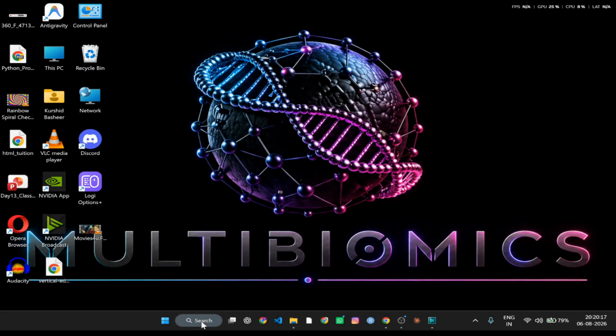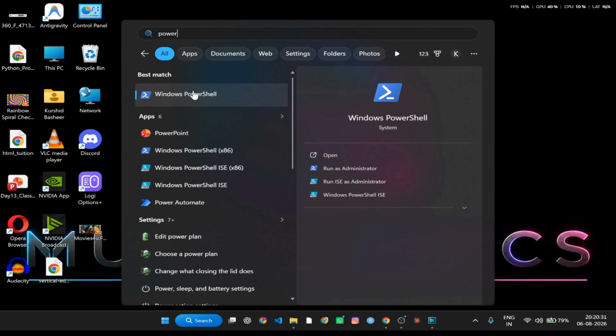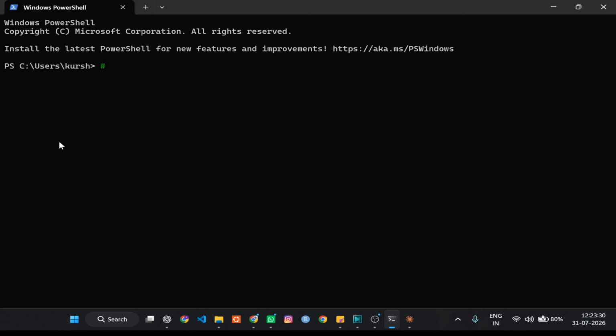For that, you have to open the PowerShell terminal. In your search bar, just type PowerShell and open it. After opening, you can see something like this on the screen. Let's begin with the installation. To install Git and GitHub CLI, we are going to use winget. So write winget space install space hyphen id space Git.Git, where the G and G must be in capital, and then give a space, -e, and then hyphen source, and